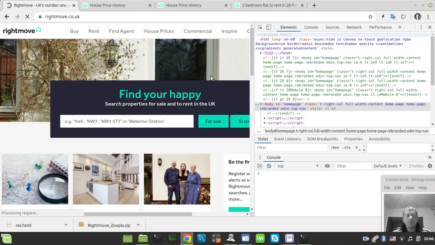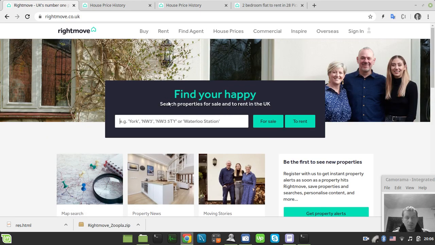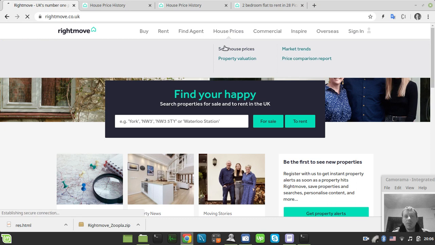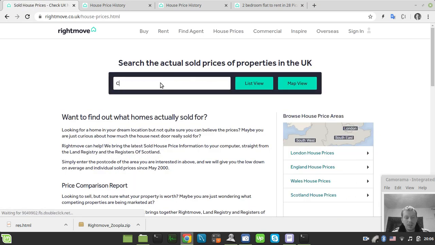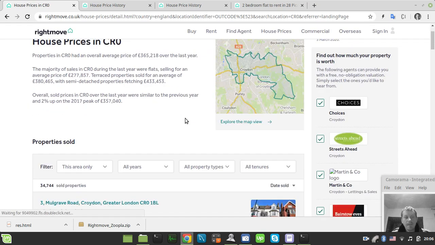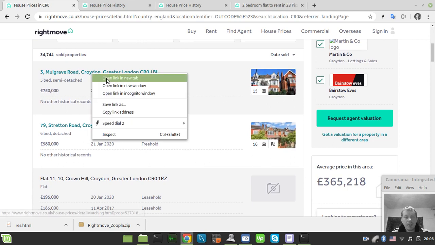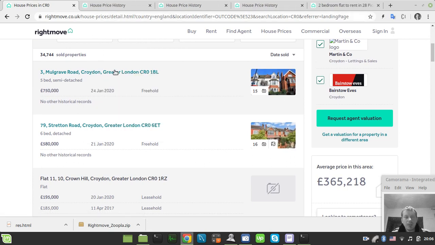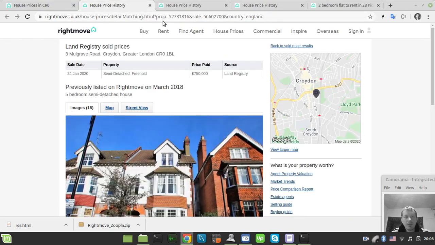We're looking for the sold house prices. Let's try to pick a district, and if we take one, then here we'll see these two elements, the prop and the sale identifiers. So now I'm trying to extract this prop identifier